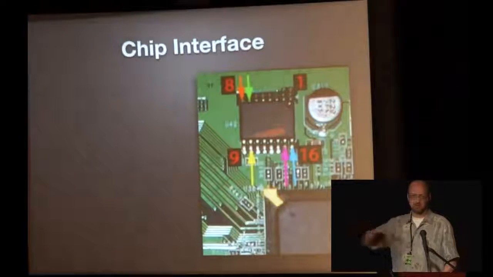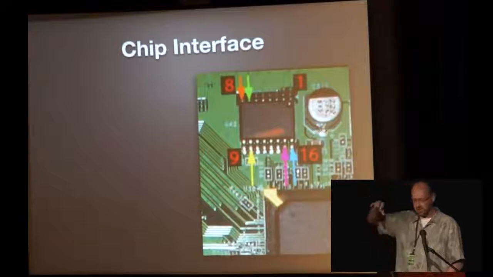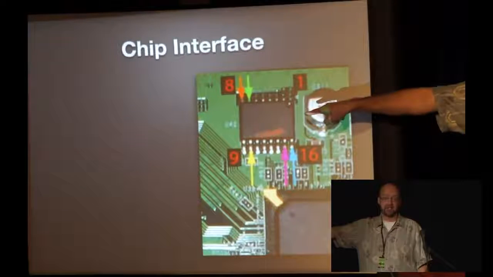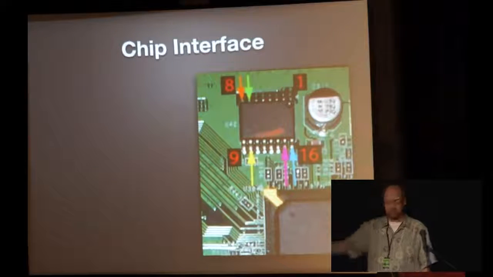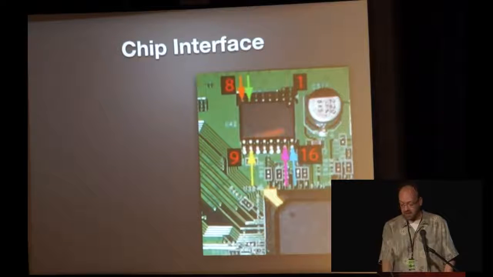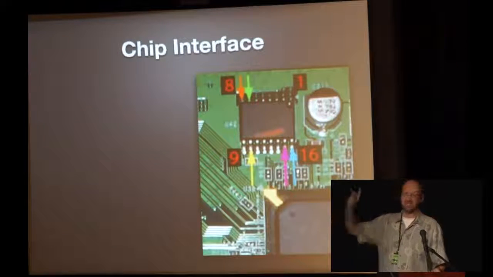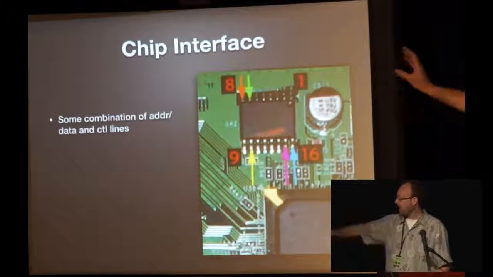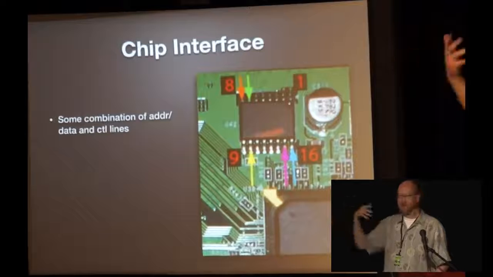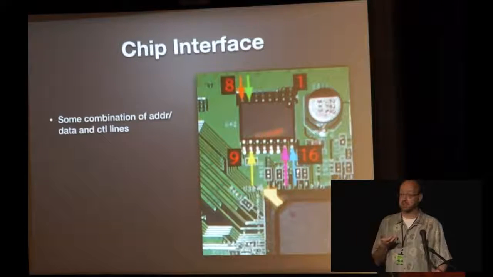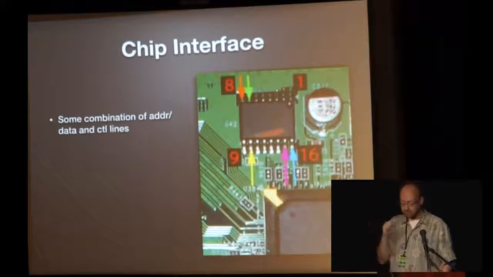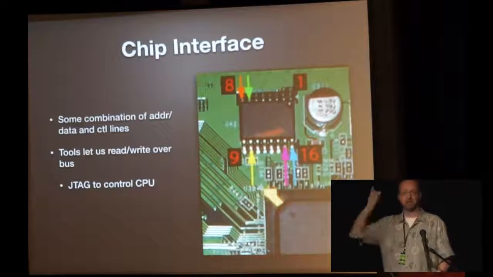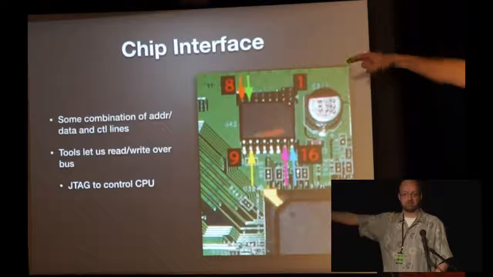Next thing I want to talk about, just building up from the low-level hardware and all the way up, is we have the chip. This is an actual NAND flash chip on a circuit board. Okay, I'll explain the arrows right away. The pins, I'll get to being specific as to what's on a NAND and what's on a NOR shortly. But what we have, oh, that's too small. We have address and data lines and control lines for manipulating that. All right? What we then can do is we can use our JTAG to control CPU to start